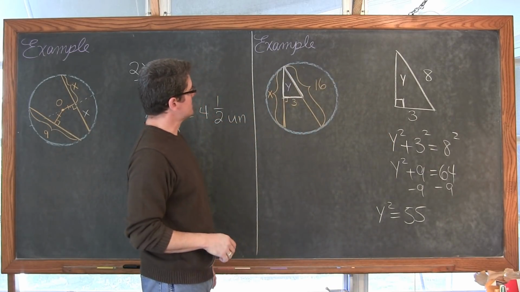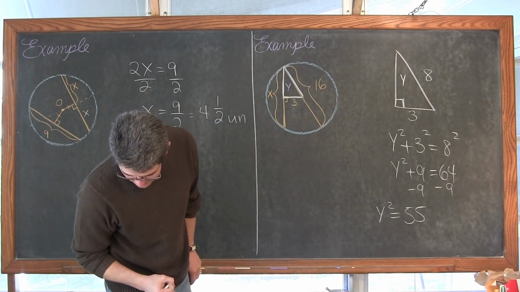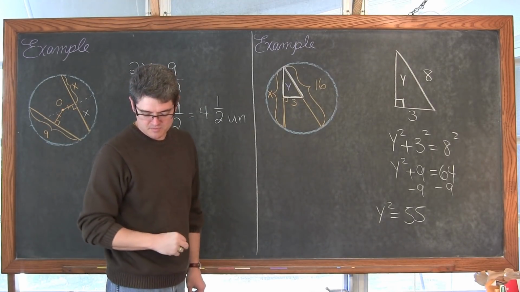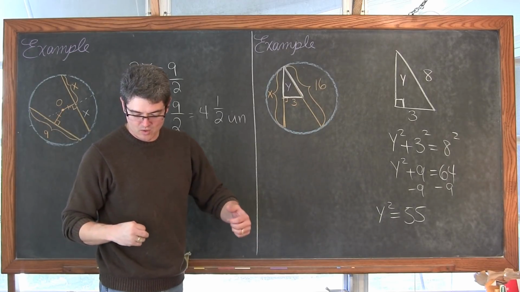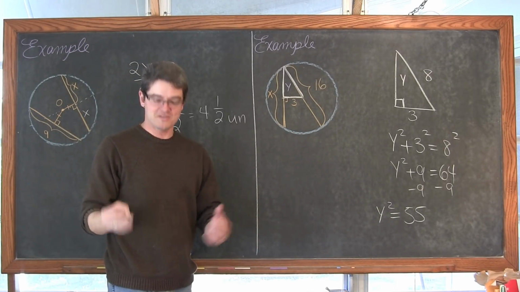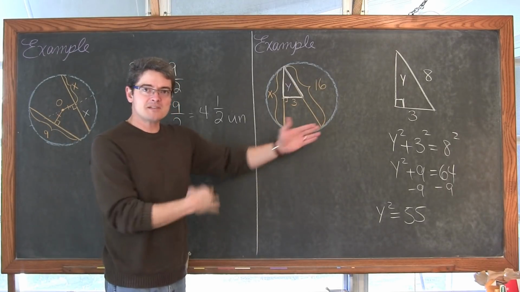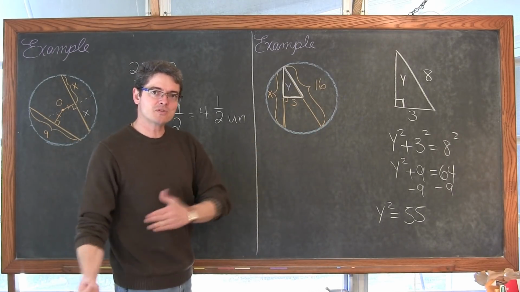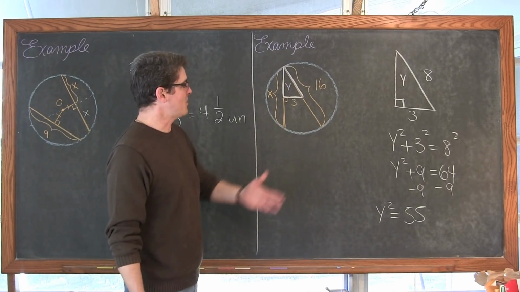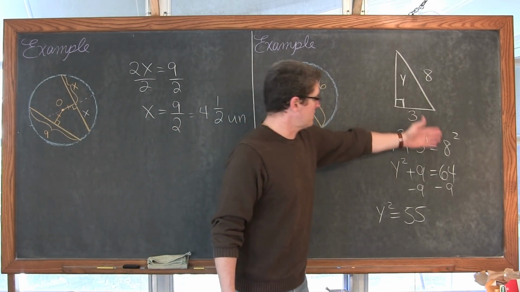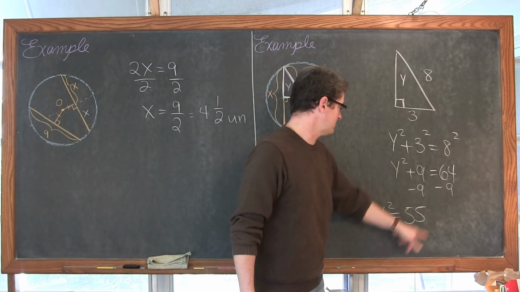I'm pausing because I'm wondering, was that what I had in my notes? No, apparently in my notes I said that 8 squared was equal to 81. I do my notes ahead of time so I can check my work. My work is now checking my notes, which I thought I had checked. Okay, so I can finish this though. We have y squared, I'm just making sure.